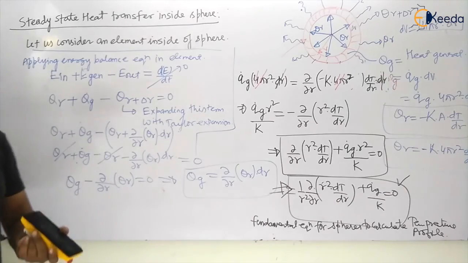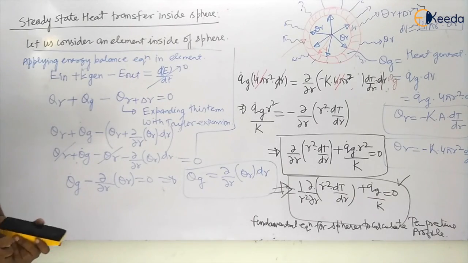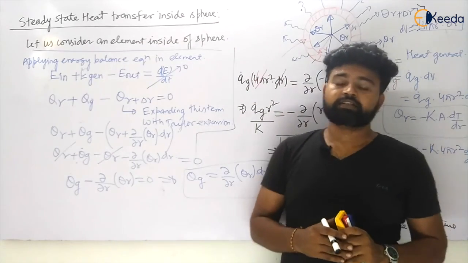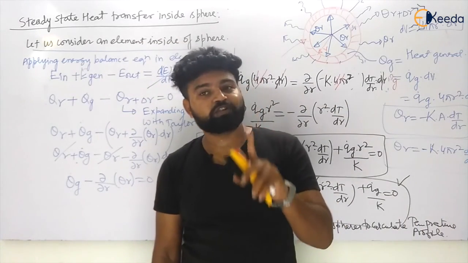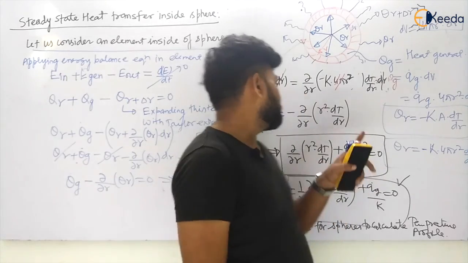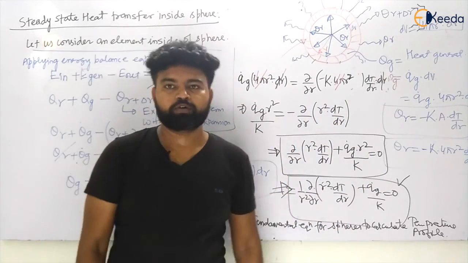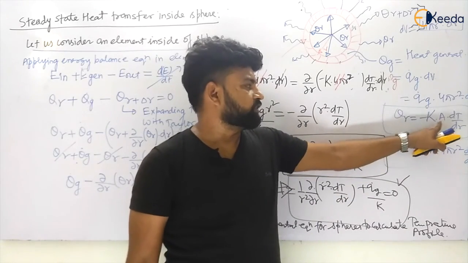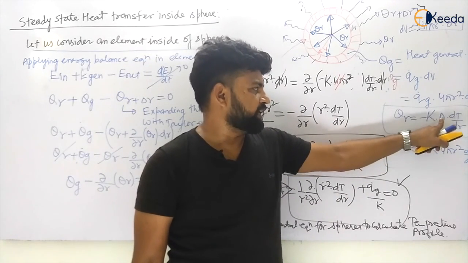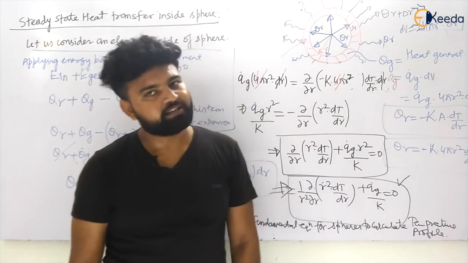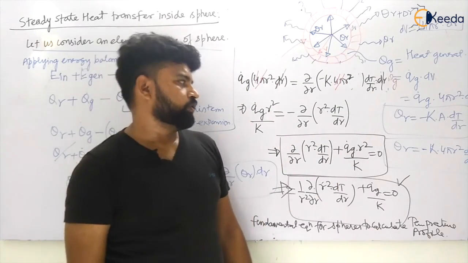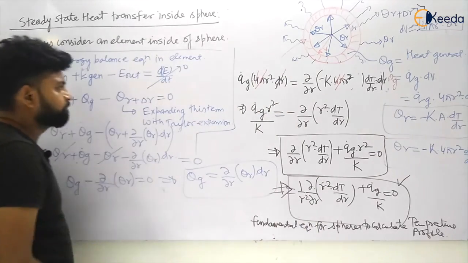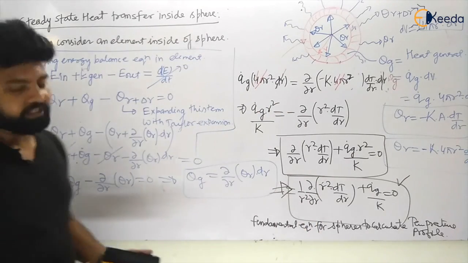Okay. So now let us talk about the heat transfer. So can I calculate that heat transfer which is occurring inside this? Yes, I can calculate. But first of all, for this, I must have the value of dt by dr. Okay. So if I will calculate the value of dt by dr, that is Q r is equal to K A dt by dr. So I can easily have the heat transfer. Then also I can have the thermal resistance. So like this we will move. Let us see. So let us see the temperature profiles.